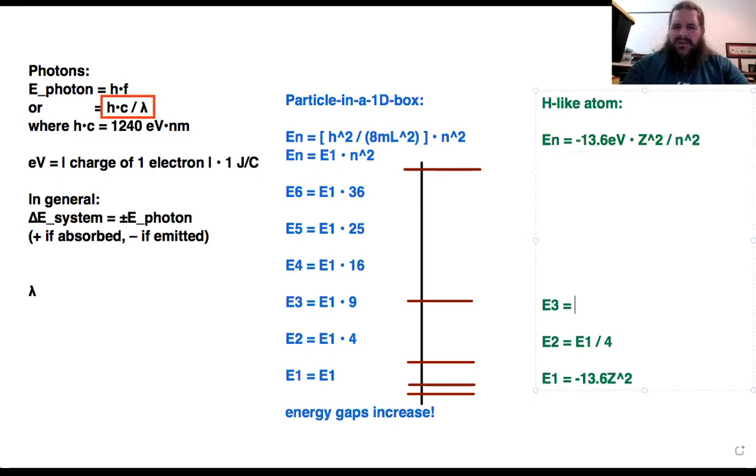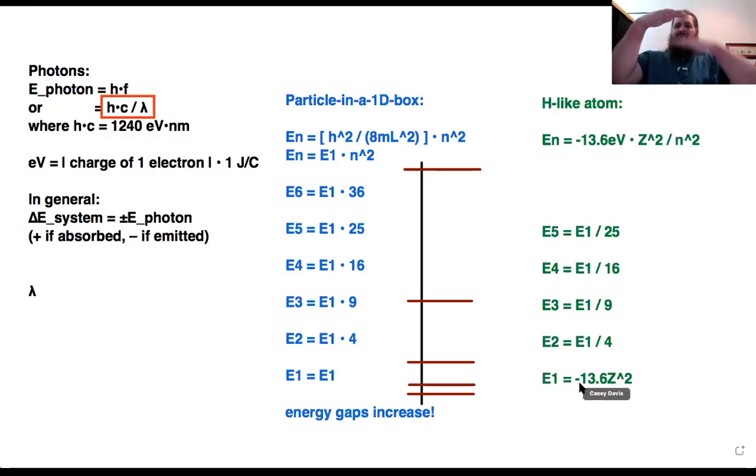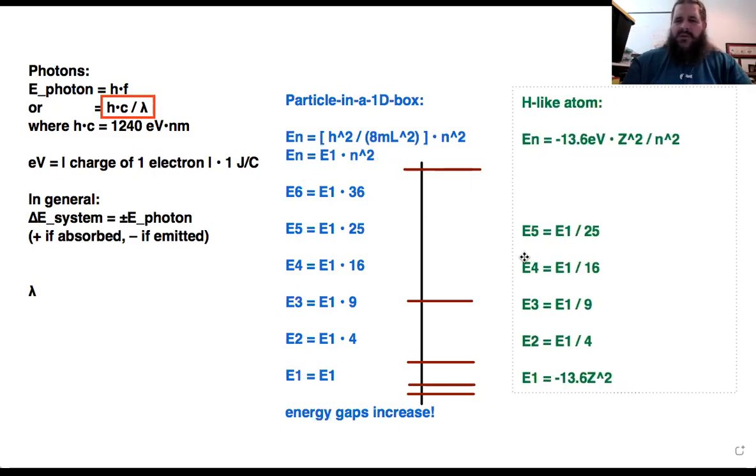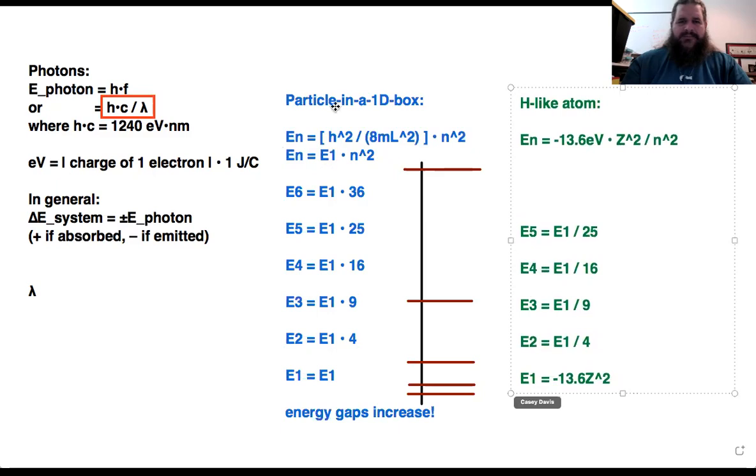And then E3 is going to be that same E1 divided by 9 instead. Then E4 is E1 divided by 4 squared, E5 would be E1 divided by 5 squared, and so on. So in this case, we've got a negative number that's being divided by larger and larger values, getting closer and closer to 0. But if we were to set up a similar chart here,